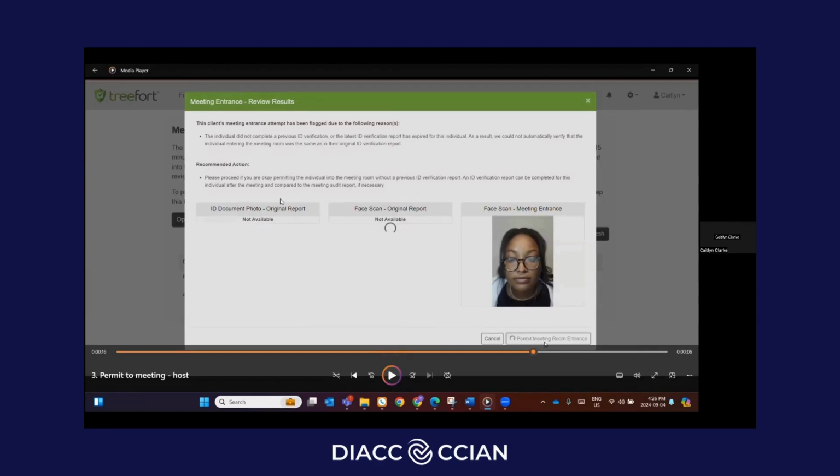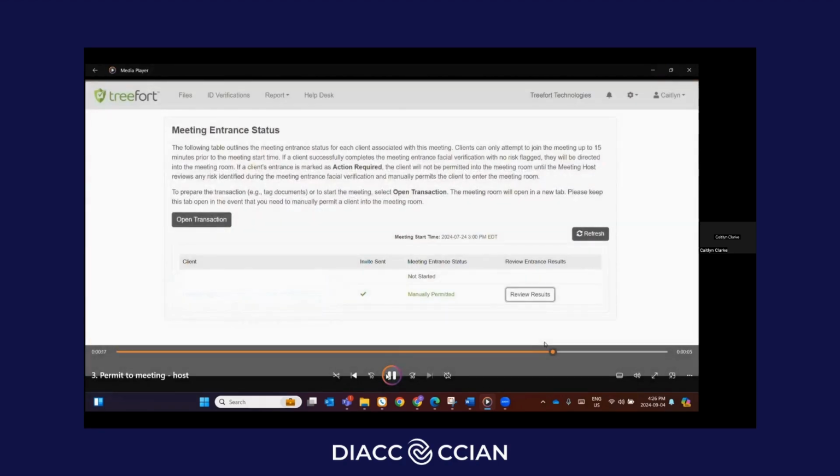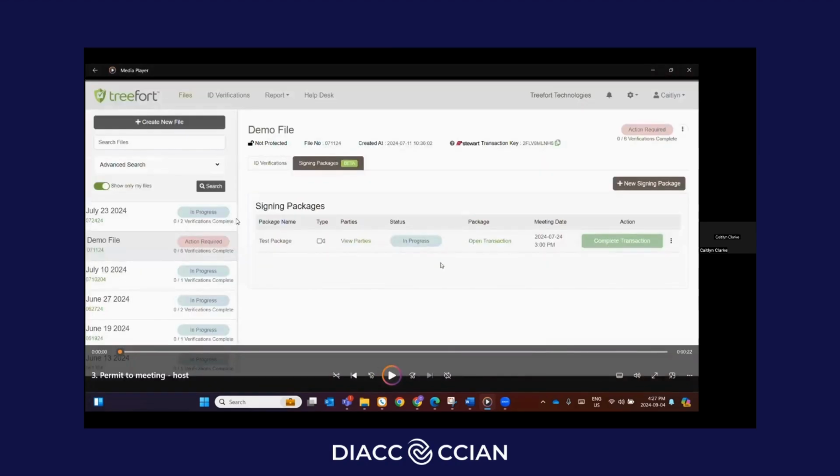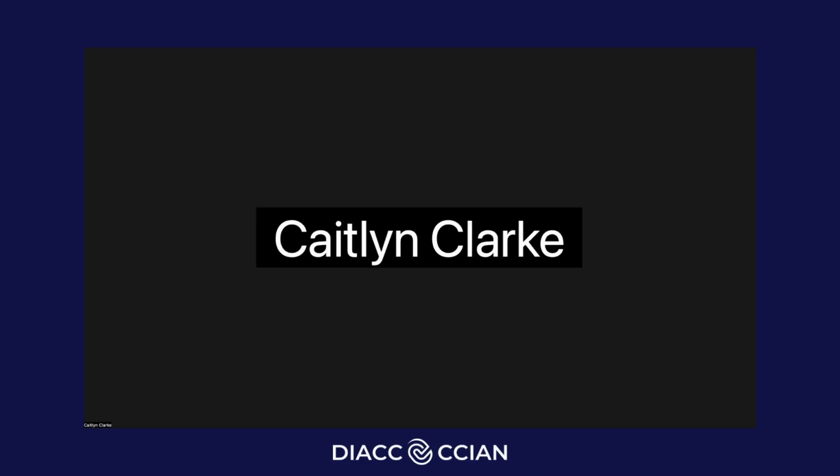Where we take a look here on the very left-hand side, it says ID document photo on the original report, not available. That's because this individual did not complete the ID verification prior. So again, we had nothing to compare this face scan to. And when that happens, it is very important that the lawyer review these results and then decide if they are going to give this individual permission to join the meeting. They will manually permit the client and then select open transaction here to then be redirected into the video signing room. And essentially, that completes the setup of a video signing meeting package, as well as joining the meeting from